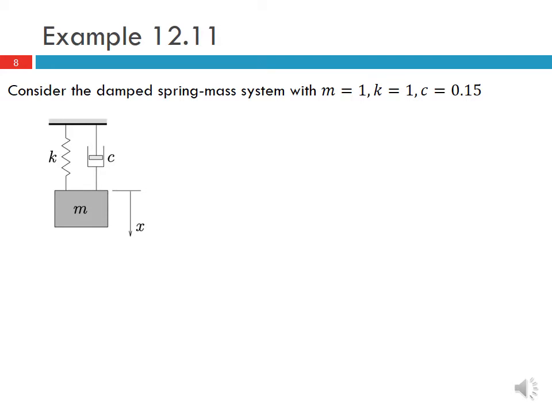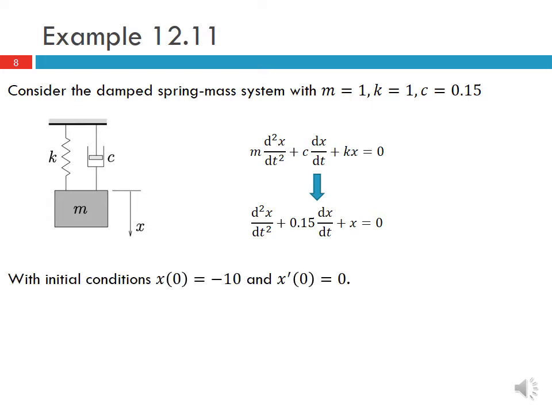So let's look at an example. Let's consider the damped spring mass system with m equal to 1, k equal to 1, and c equal to 0.5. We know that this system follows the second order differential equation shown here: m d2x/dt squared plus c dx/dt plus kx is equal to 0, which describes the free vibration response of this damped spring mass system. With m equal to 1, k equal to 1, and c equal to 0.5, we have this form of our differential equation. With initial conditions at time 0 of x equal to minus 10 and x prime equal to 0,